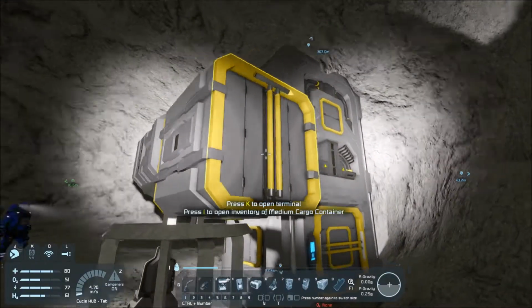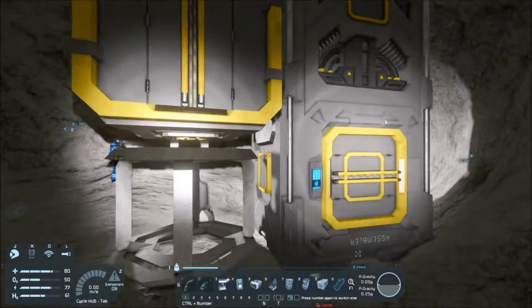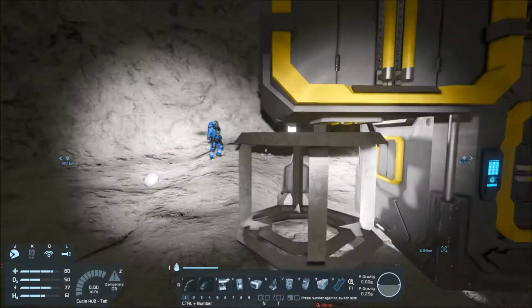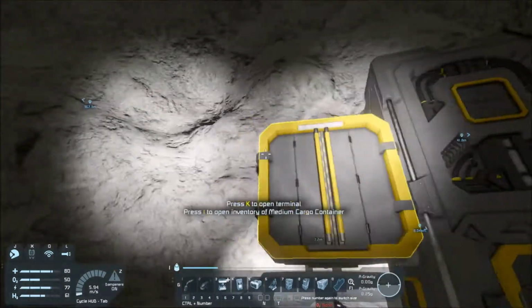Hey, isn't there platinum out there? We could probably make an elite hand drill if you haven't. Elite hand drill? Yeah. Not right now. Not time to make a drill. It's actually time to make a refinery. That is the next step at this point. So I need to make sure I have...